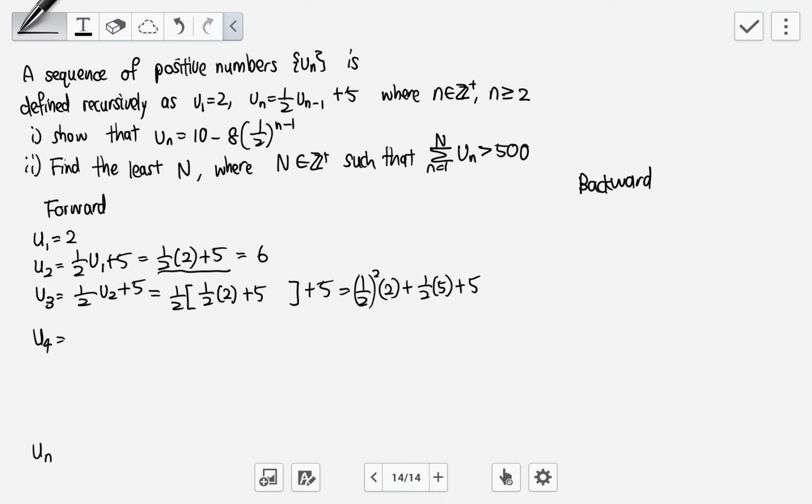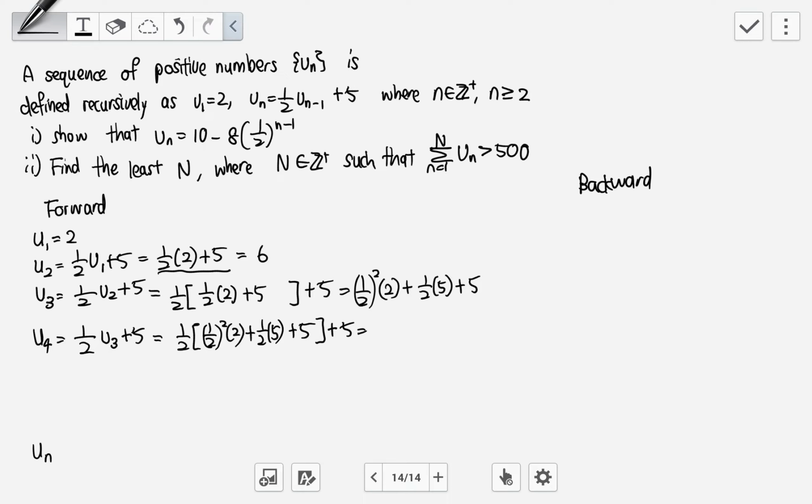After u4 we can see the pattern, but if you can't, I just go to u5 and show you. Let's say u4 is just half u3 plus 5, based on this recurrence equation here. What is my u3? Again, I know that my u3 is this entire thing, isn't it? So I put half and bracket, this is my u3, plus 5. I slot this entire thing inside, so you get half square times 2 plus half times 5 plus 5 inside here. So then when I evaluate,